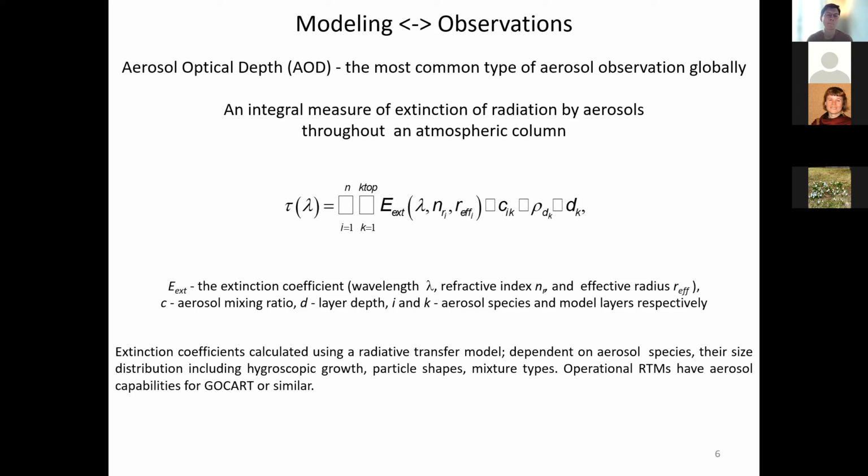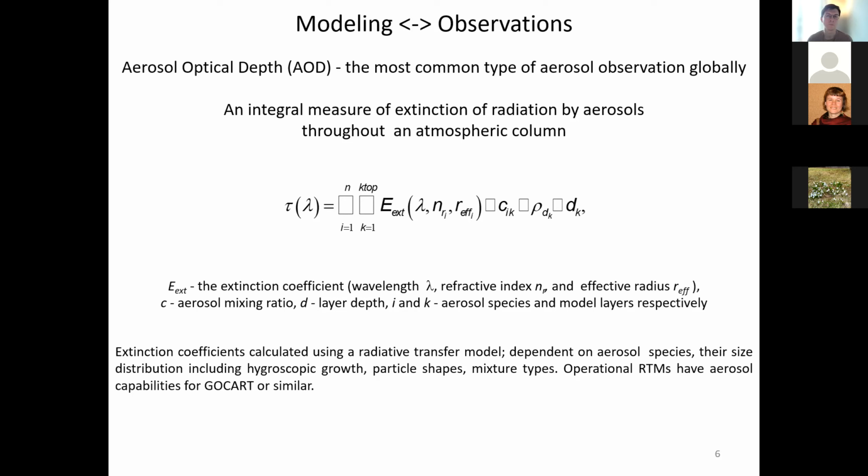Aerosol optical depth is an integral measure of extinction of radiation by aerosols throughout the atmospheric column, by all the different aerosols, and extinction being both scattering and absorption. Extinction is characterized by the extinction coefficient, which is a function of the wavelengths, refractive index, which is how much aerosol is reflected or scattered in the particles, the radius of aerosols, and of course the aerosol mixing ratio, depth of the layer, and it is a summation over multiple layers and species, if you consider